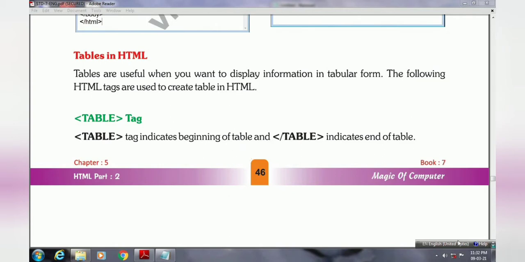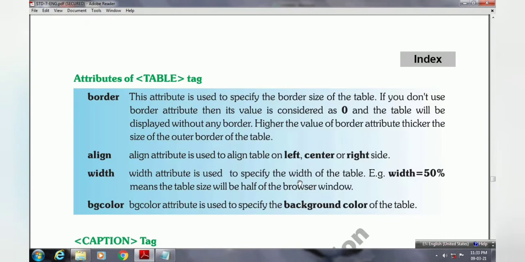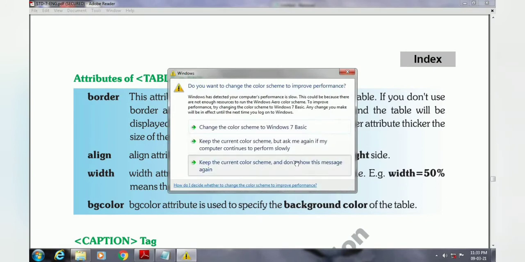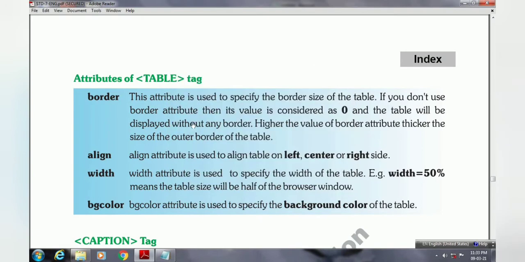Then next are the attributes of a table tag. Which attributes can you use? So here, border. This attribute is used to specify the border size of the table. And this is one of the compulsory attributes of a table tag. If you don't use the border attribute, then its value is considered as 0 and the table will be displayed without any border.